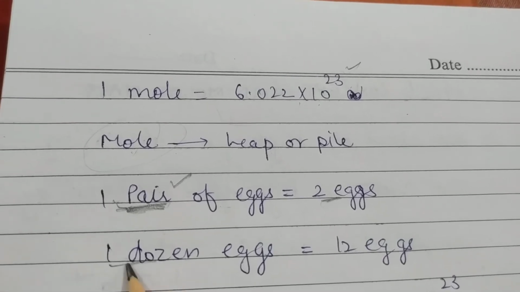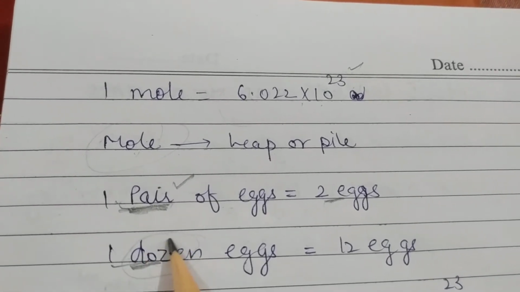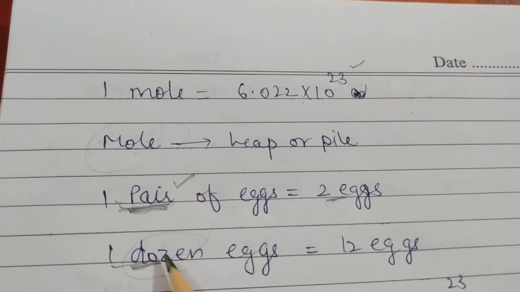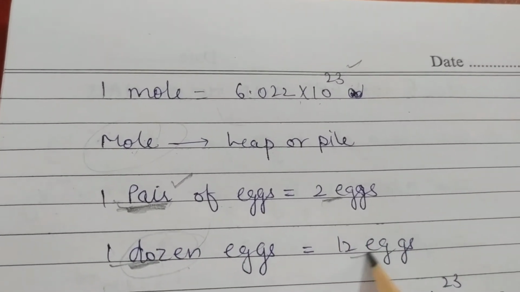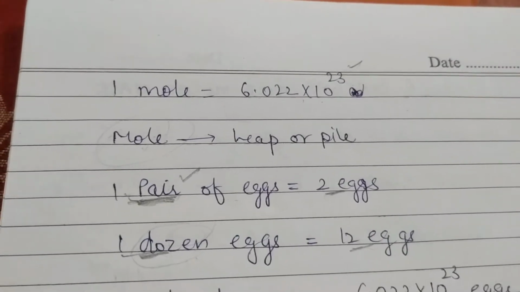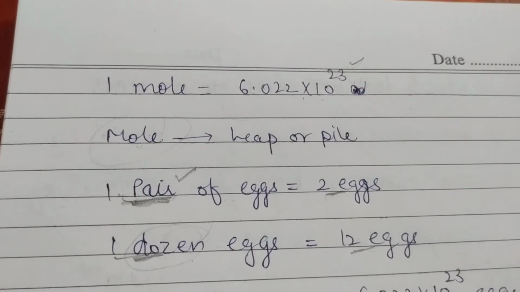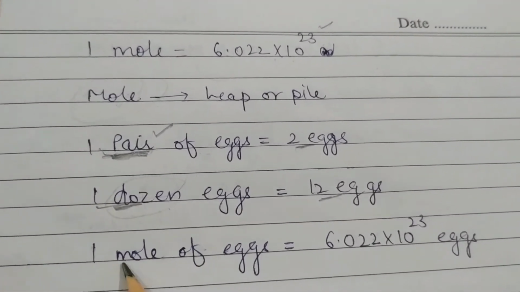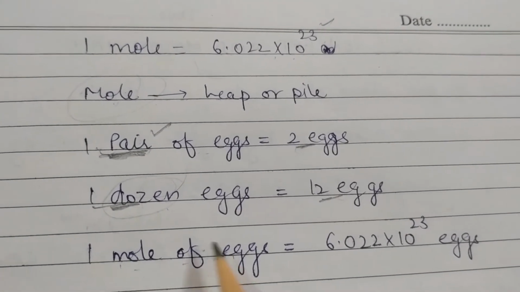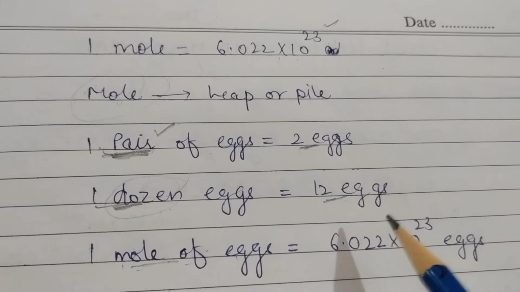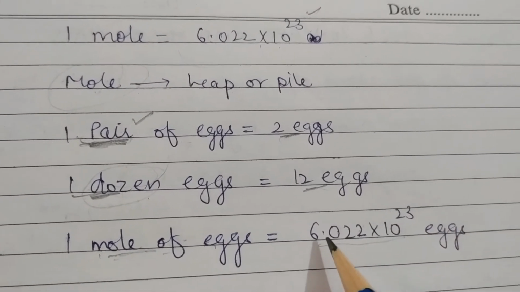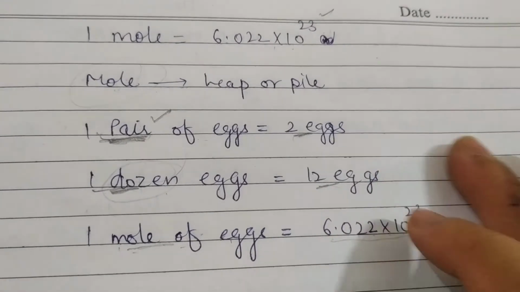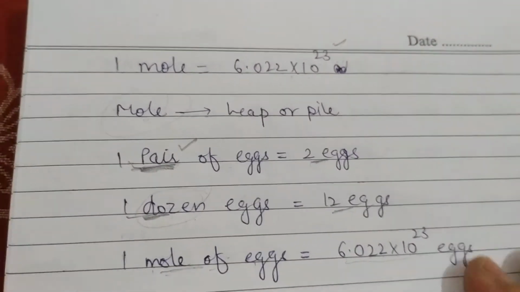If I talk about 1 dozen, 1 dozen is a quantity. So these are quantities in which we can measure things, right? So 1 dozen is equal to 12x. Got it? Likewise, mole is also a quantity in which we measure things or substances. If we talk about 1 mole of X, then its value will be 6.022 into 10 raised to power 23x. I hope this is clear now to you.